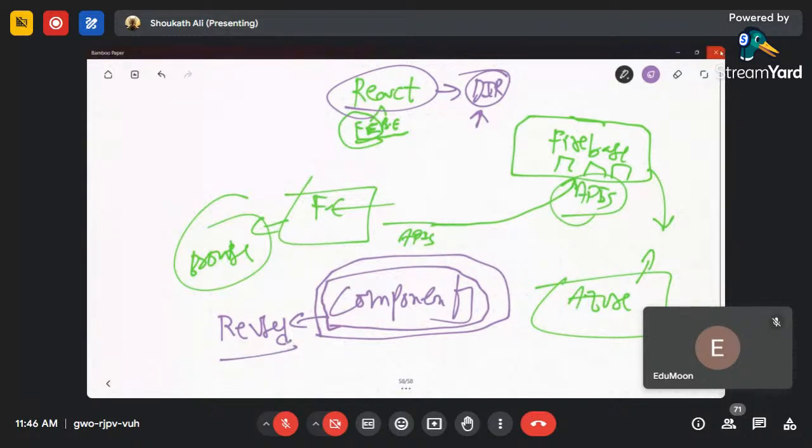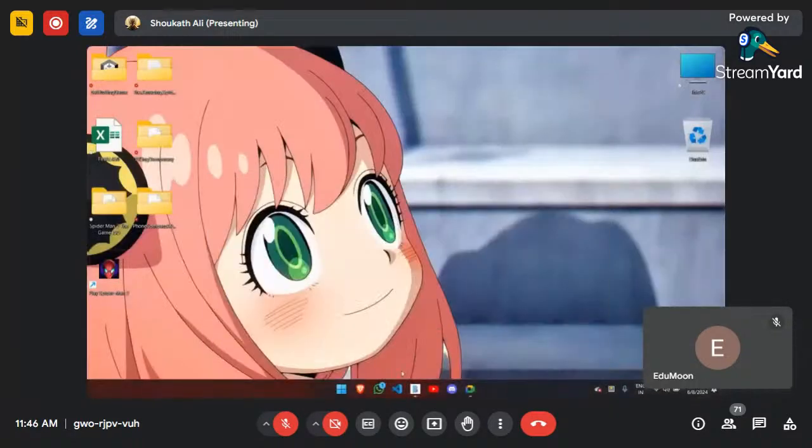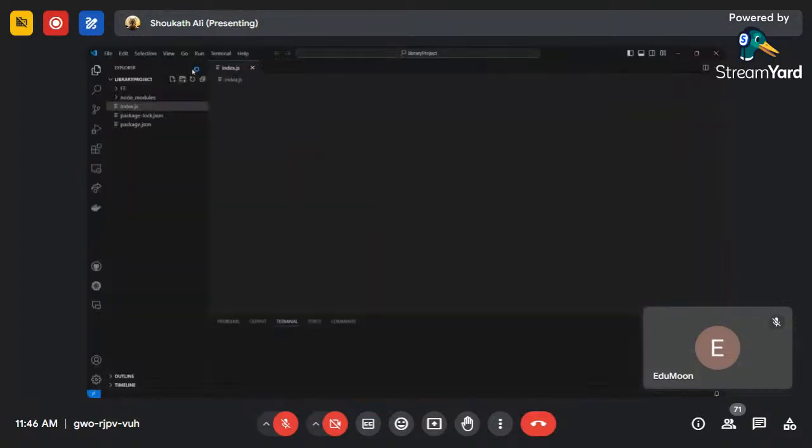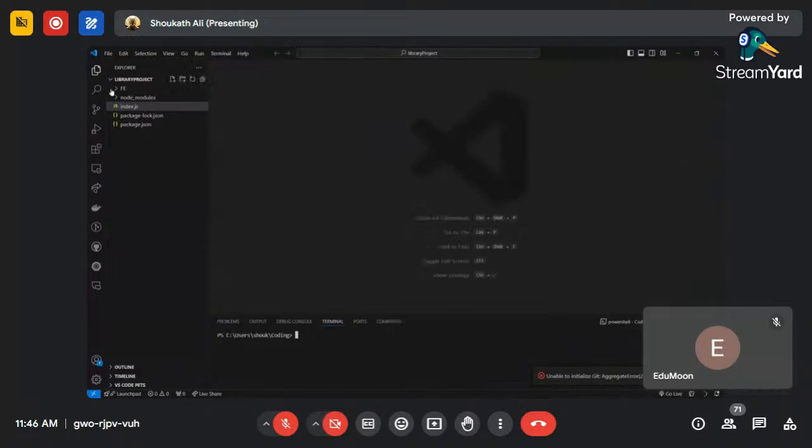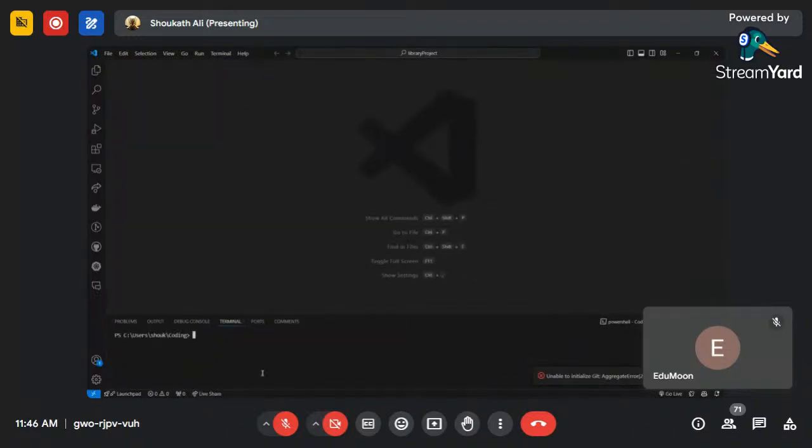Now we'll first look at how to create a React app. Okay, now let's just go here. I'm here, right? So I just do cd .. here. Okay, so in whatever directory you wish to open, just go to that directory, and in that directory type this command. Okay, npx